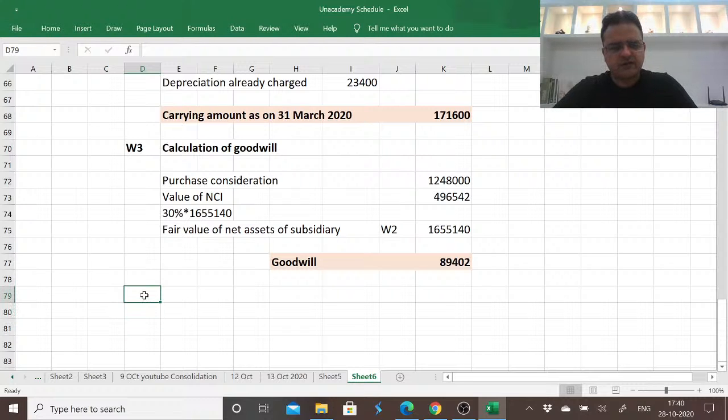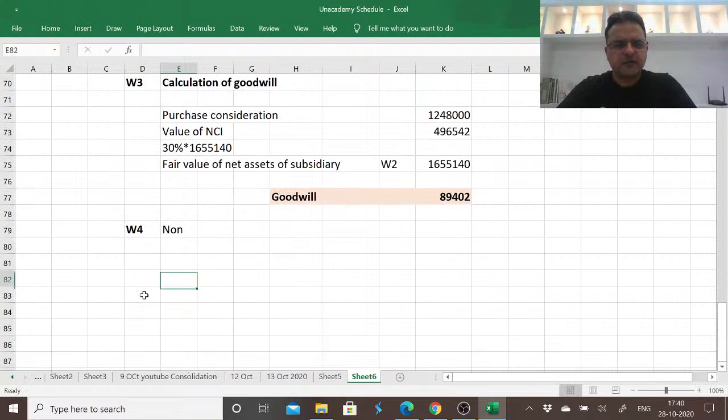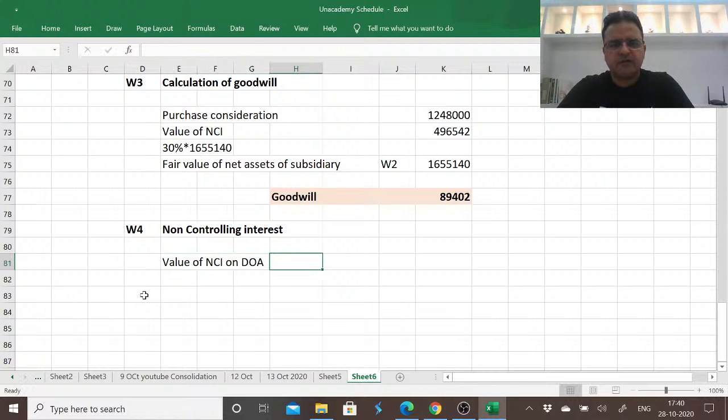Working note number 4 is non-controlling interest valuation. For that we need value of NCI on date of acquisition, which we just concluded in working note number 3. It is equal to 496542 plus